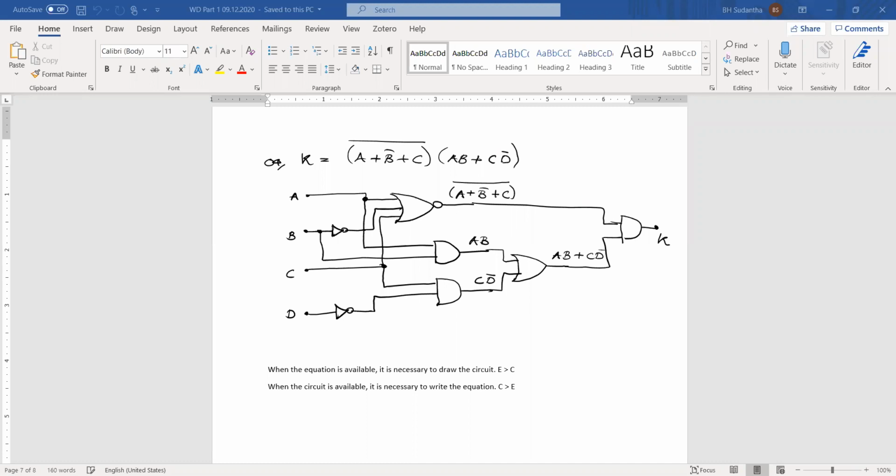The first step is to identify the number of inputs and outputs. Okay. Then based on that,